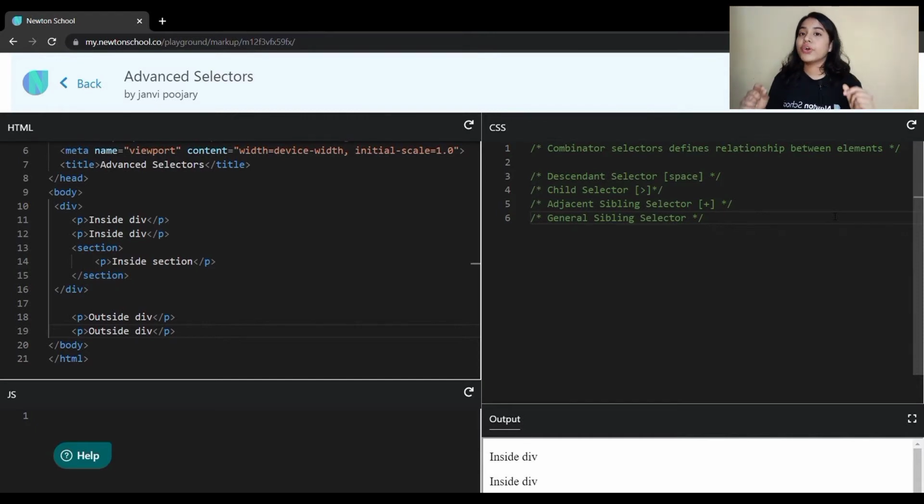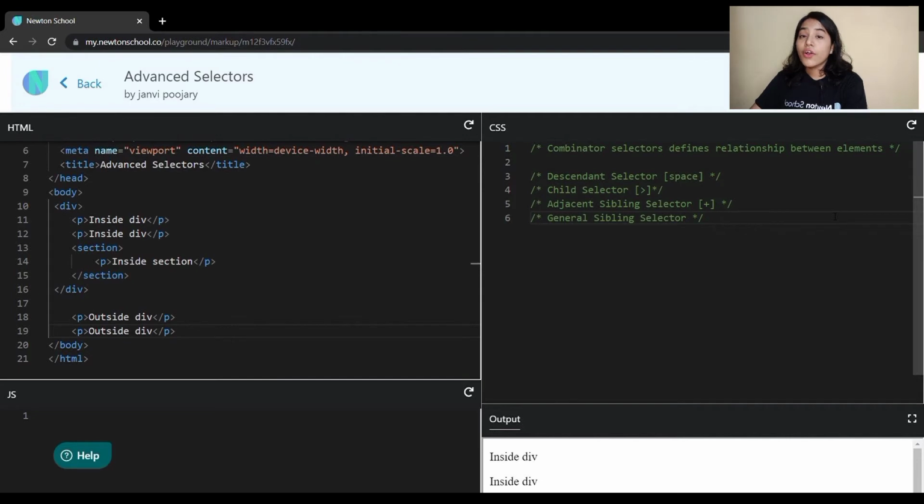Who are you for your ancestors, like great grandpa, or like that? The hierarchy goes above, right? So they are your ancestors and you are the descendant, right? You are whom? You are the descendant. So this is how the hierarchy works. So basically here we are talking about descendant selectors. Those are the descendants of the ancestors.